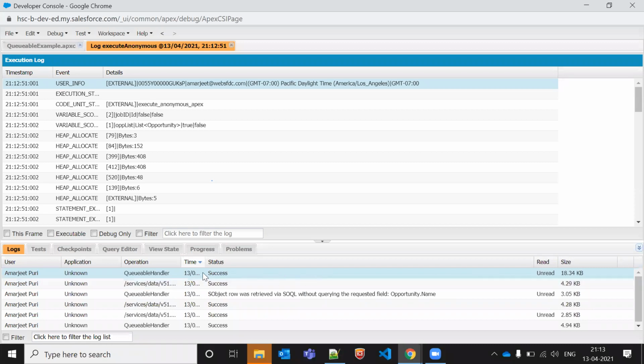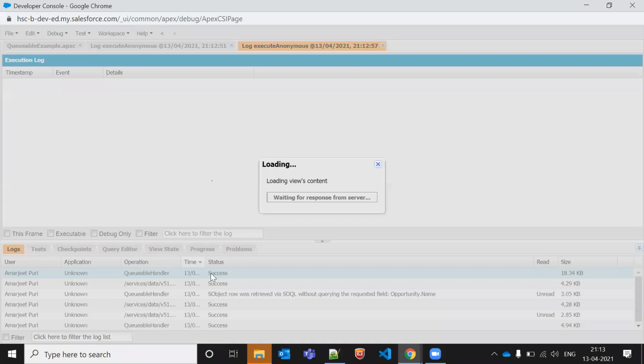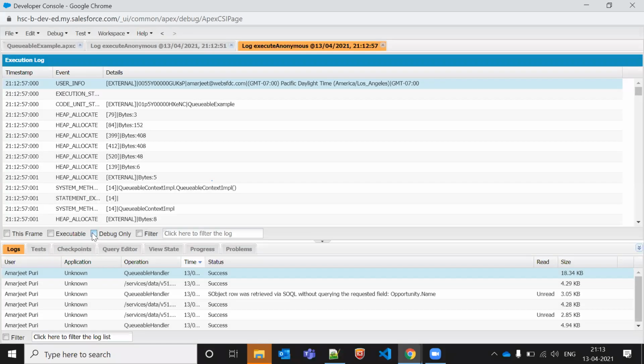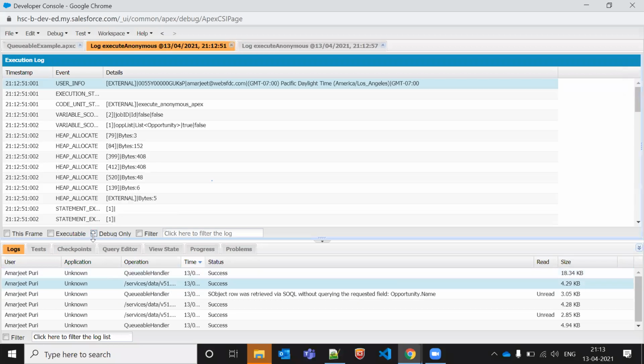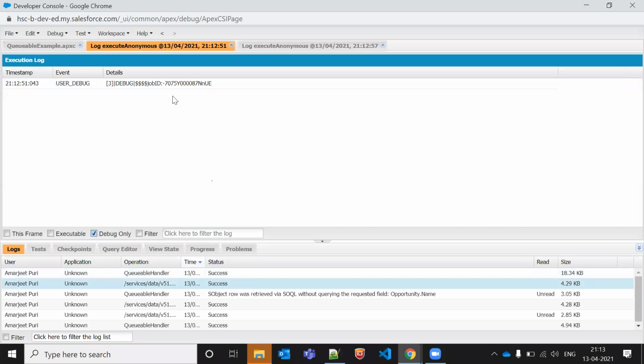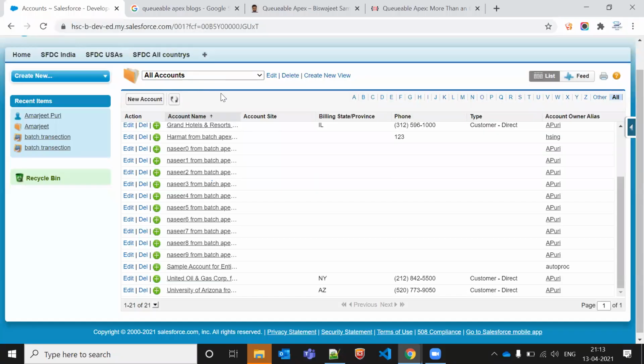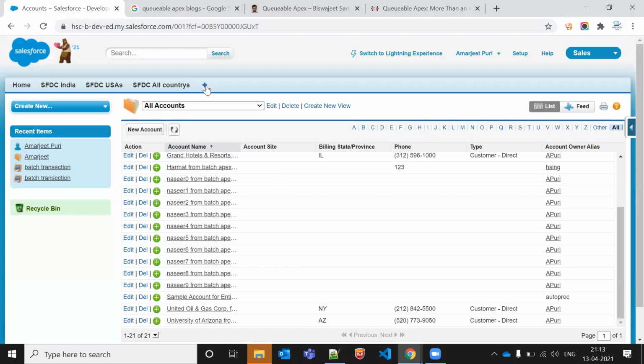So it is processed now. So let me just check the ID. This is our job ID, which we tracked. So let me go to opportunity now.